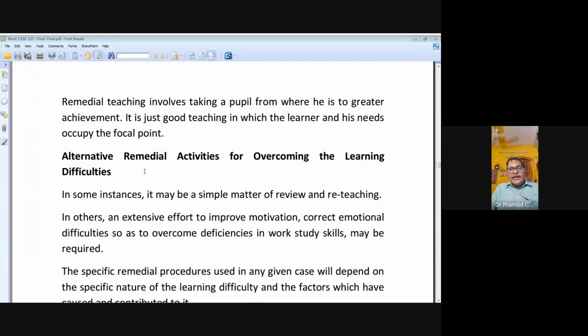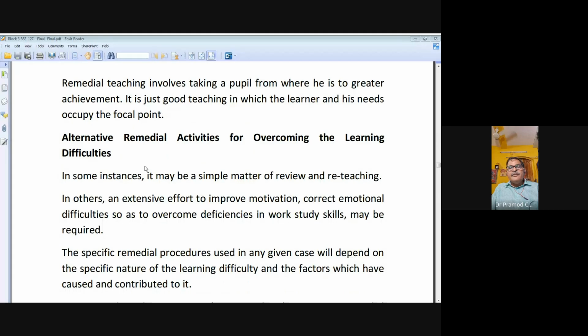Suppose a child likes a teacher, then he is able to accept the knowledge given to him. If he has no liking, if he has hatred, then automatically it will not be acceptable for the learner. So definitely remedial activities should help to overcome the learning difficulties, and sometimes the teacher must